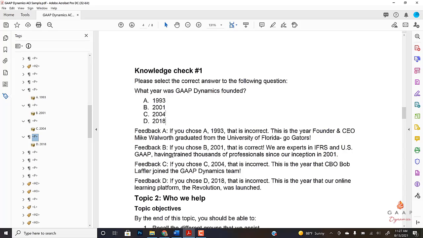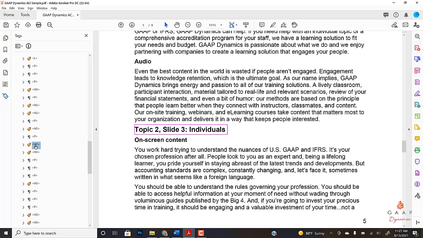Perfect. So I only have one knowledge check included in this sample ACI here, but if you were creating an actual course ACI, you would go through and create those paragraph tags for all of your knowledge checks. I am going to go down to the bottom of the sheet,